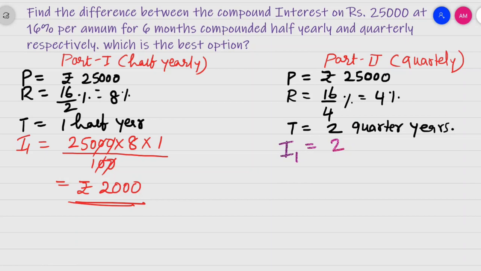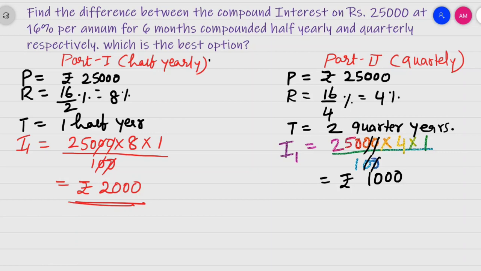So here you can see that interest is equal to 25,000 multiplied by rate, here is 4. You have to see properly, 4, and into 1, because every time you will calculate only for one term, divided by 100. So when you cancel two zeros, you will be left with 250 into 4, that will be equal to rupees 1000. Okay. Now interest for the second year.